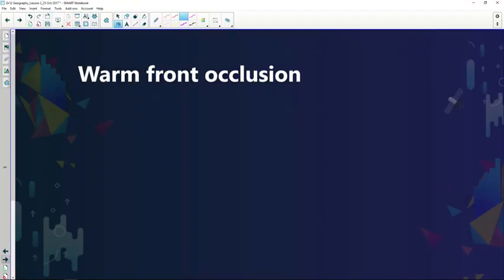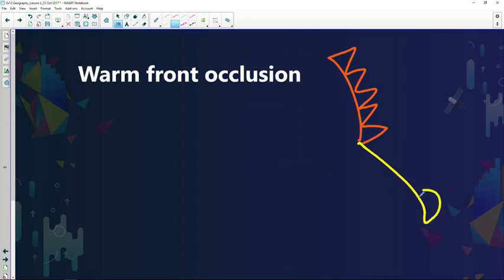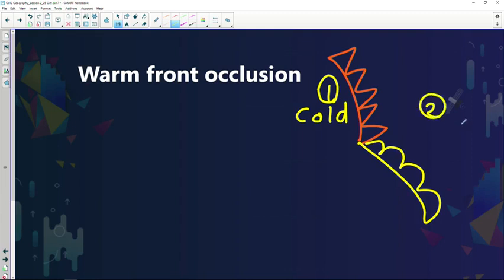Now, vice versa with your warm front conditions. The warm front, once again, if I can draw the synoptic point of view for you, there's your cold front. And there is your warm front. So once again, the cold front is the leading edge of cold air. We say it's cold air. The warm front is the leading edge of warm air. Warm. And in front of your warm front, we experience very cold